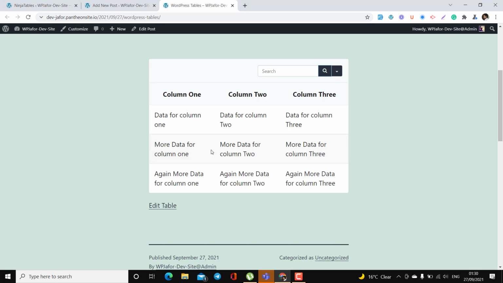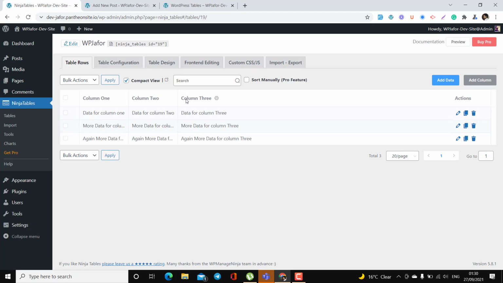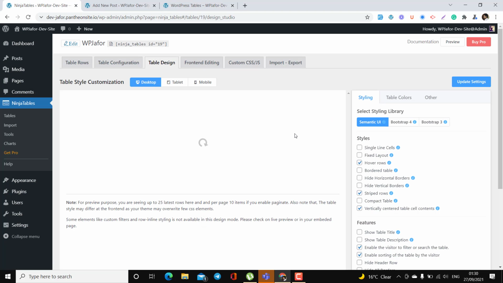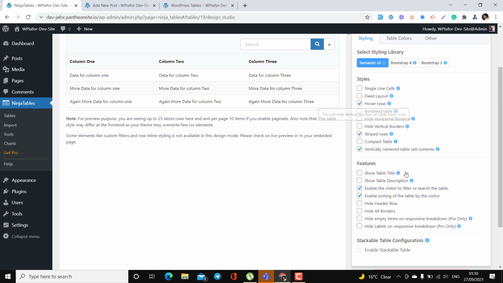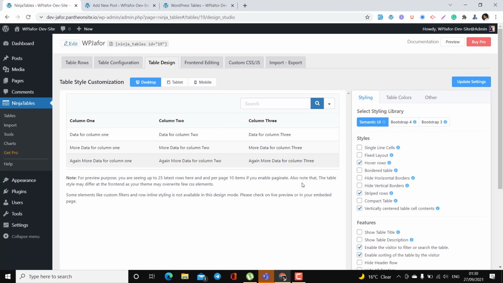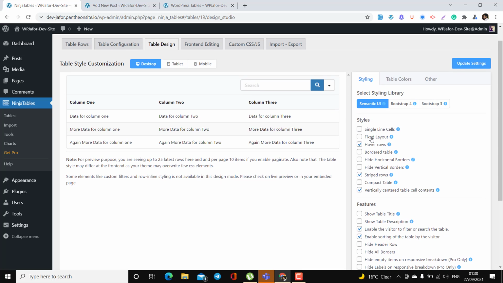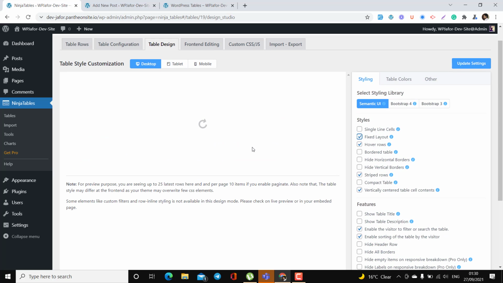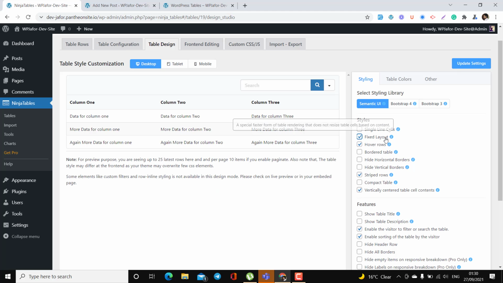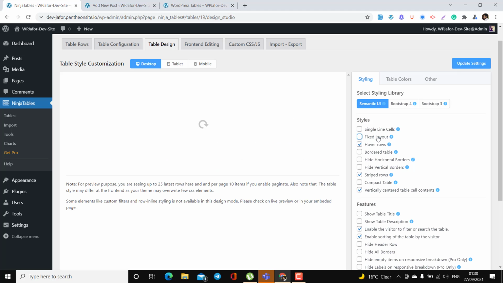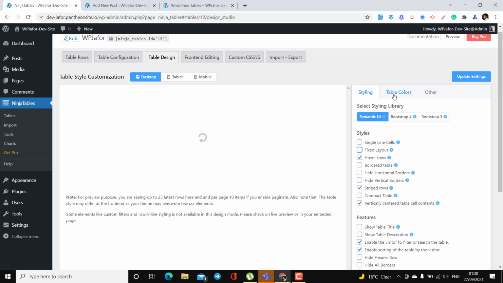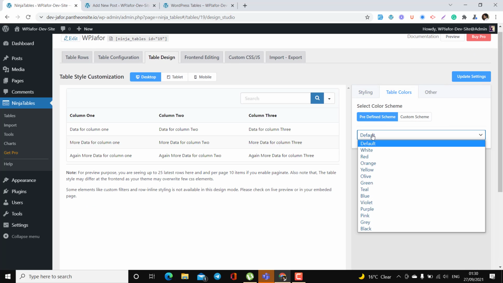You might not want to show this simple table, you might want some kind of design. To do this, go to the table design option and you will see a bunch of styling options available here. Just go ahead and explore all of the available styles. So, for example, fixed layout: if you select fixed layout, the table will be fixed, and that's it. I might want to change some colors of the table. So here's the colors option. By default, the default is selected. You can select the red, and